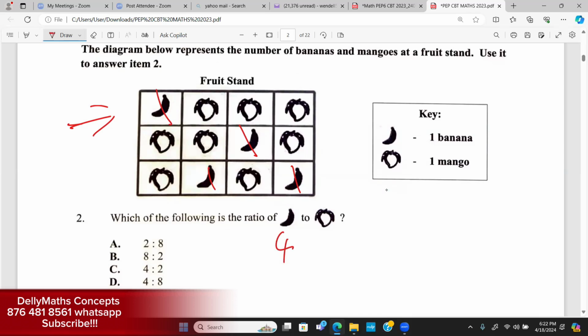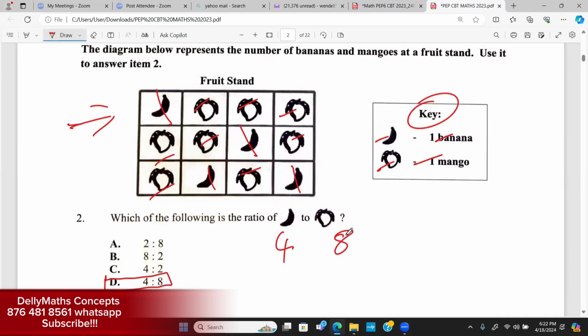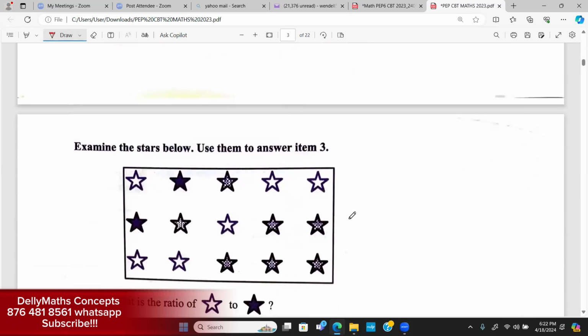Let's count off the mangoes. 1, 2, 3, 4, 5, 6, 7, 8. So we have 8 mangoes. So the ratio of banana to mango, when the key is telling you that 1 is just 1 banana and 1 of this is 1 mango, is 4 to 8. So be careful, not 8 to 4, 4 to 8. So our answer is